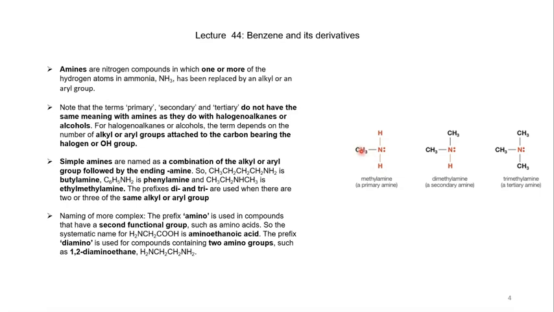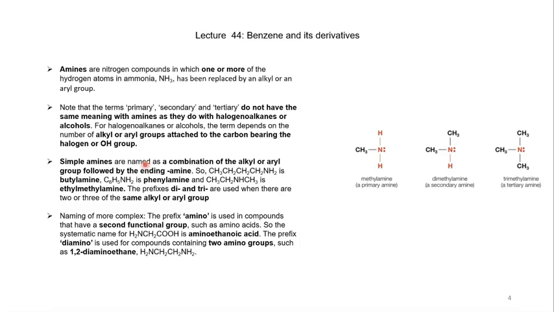It's a primary amine. If we replace 2 hydrogens by 2 methyl groups, we call it dimethylamine, you see, and it is a secondary amine. And if it is 3 methyl groups, we call it a tertiary amine, or trimethylamine. But it is not like we replace hydrogen from a carbon atom, you see. We are replacing hydrogen on nitrogen. So there is a difference between primary, secondary, and tertiary halogenoalkanes and alcohols, and that of